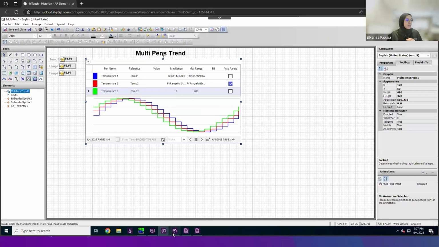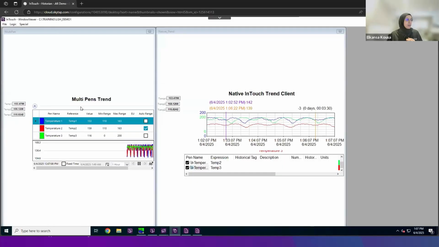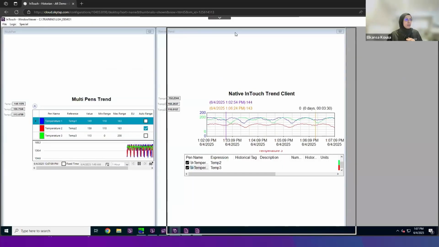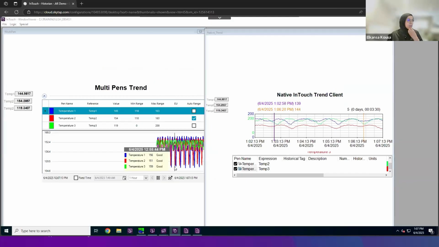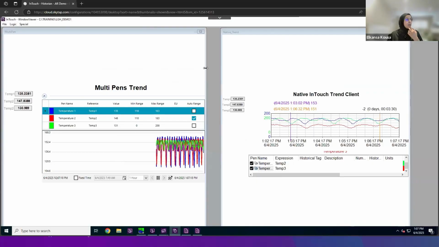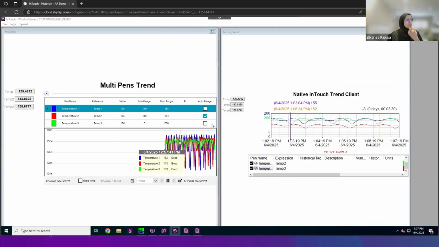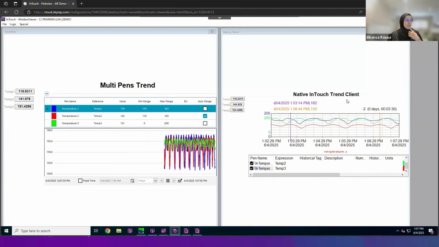In the runtime, this is how it looks, right? The one here to the left side is the multi-pen. I made them a little bit smaller. I was working on a smaller screen earlier, but this is basically the industrial graphic that we were just editing, and this is how it looks in the runtime. On the other side here, I have the native InTouch trend client, and